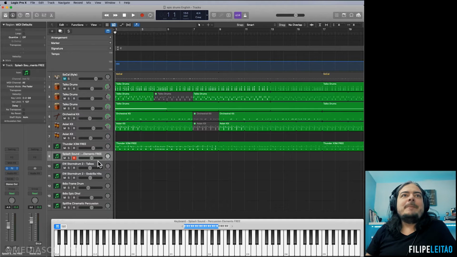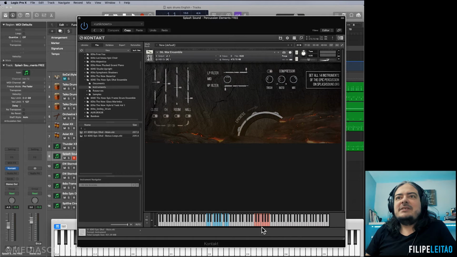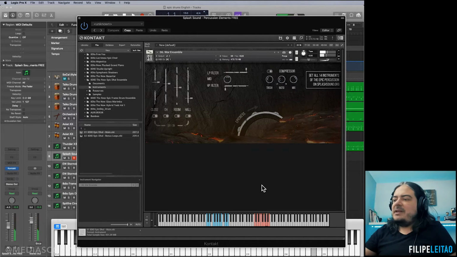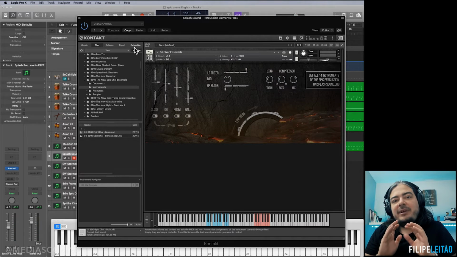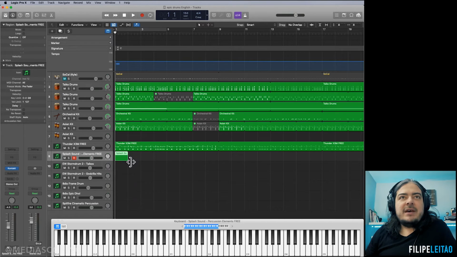I'm going to show you this one that's called Splash Sound. Check this out. So that's ready to go. You just hit one note and that creates that loop, right? So you just need to program, and then decide where we are going to play each of those notes. That's a free sample library, but it requires the full version of Kontakt. So to program that,